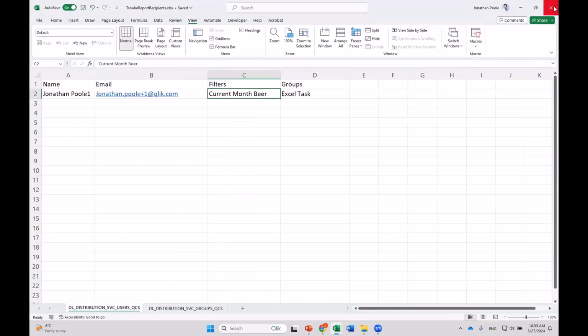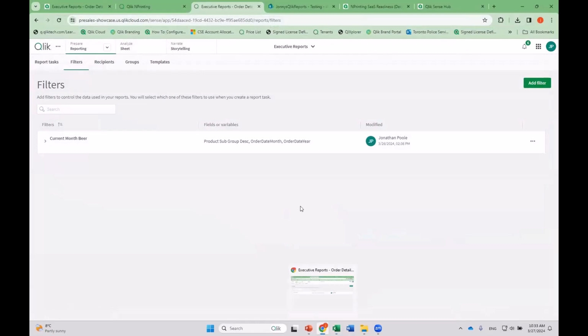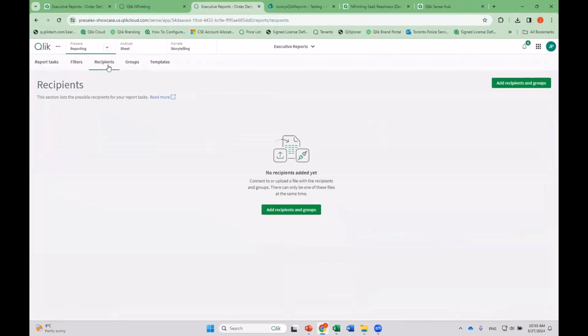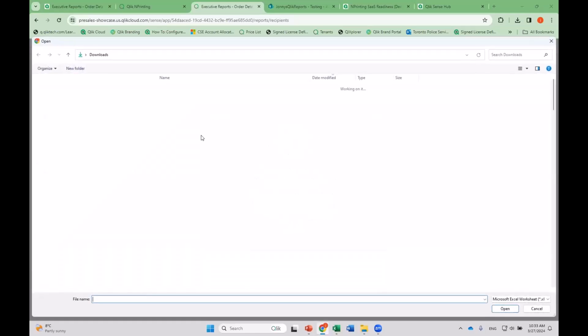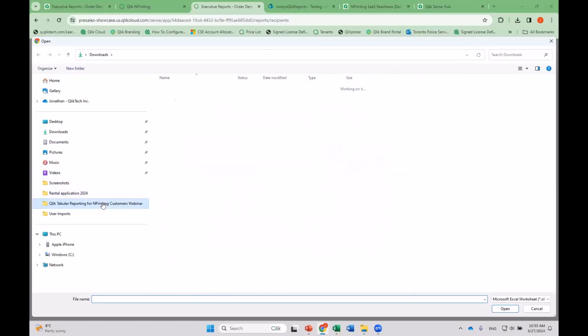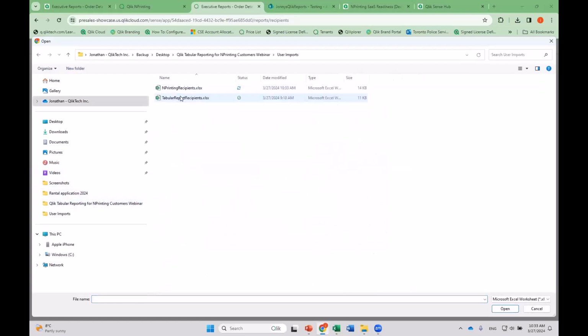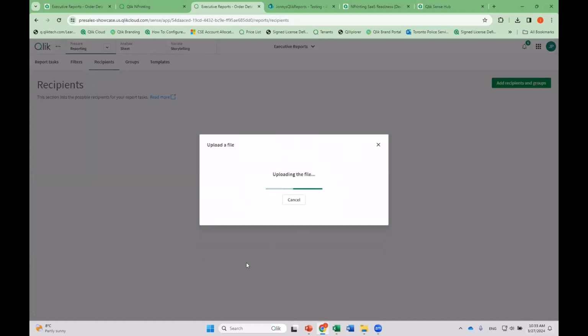So here's my recipients. I'm just going to close that. So I'm free to come in and upload that. So I hit the new version. This is going to come from the hard drive. So that user import file that I just showed you is this one. So I'm going to hit that, open it up, and